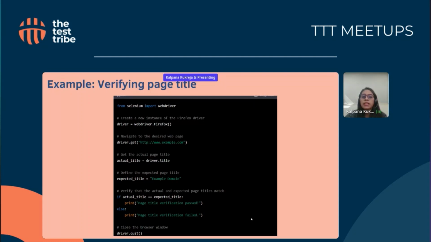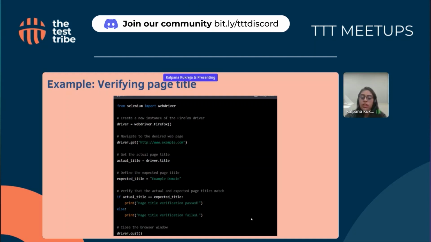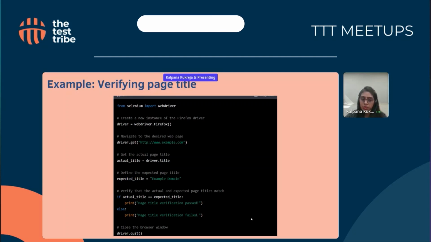This is a very basic test script for verifying the page title. To verify a page title, I had to write these 7-8 lines of code to understand that I have landed on the exact page. I was using this traditional approach almost 2 years back, and to verify the page title, I used to write 7-8 lines of code just to verify that I have navigated to the correct page. And if I have to write the same function using a low code test tool, the next slide will show you how to perform the same function using a low code testing tool.